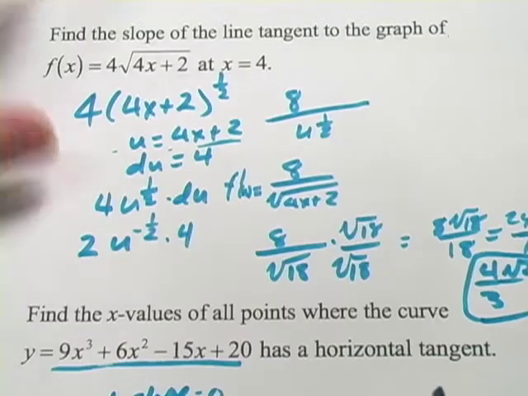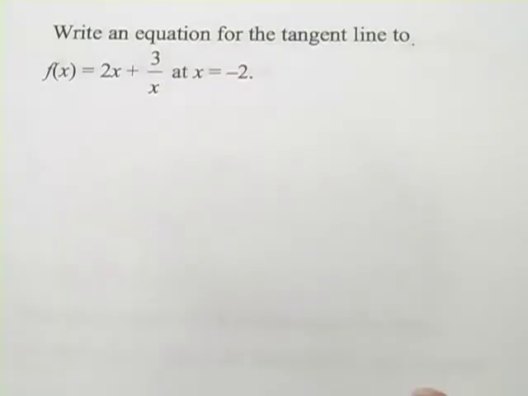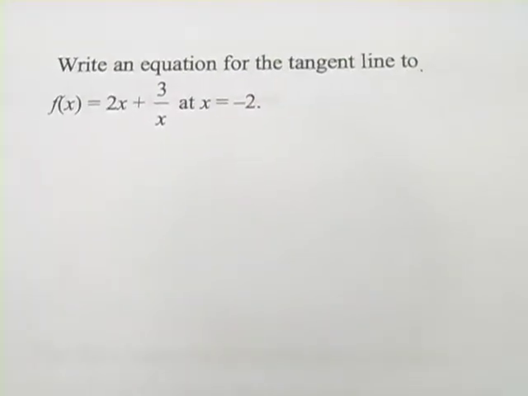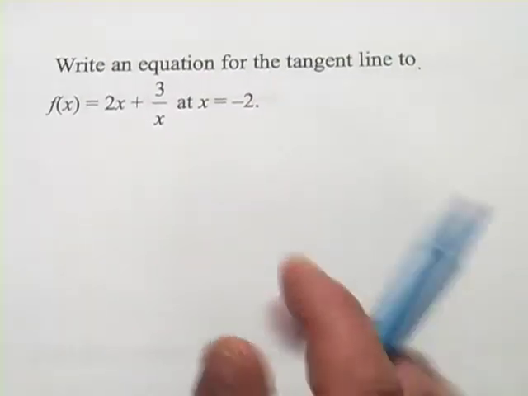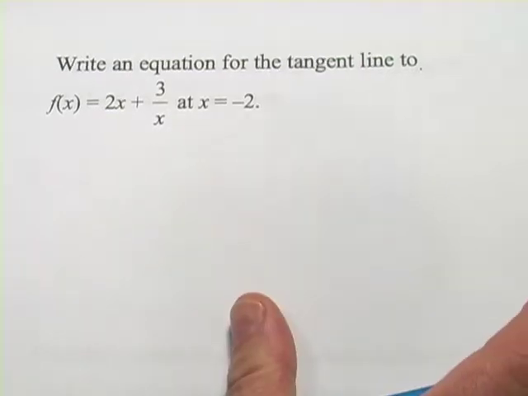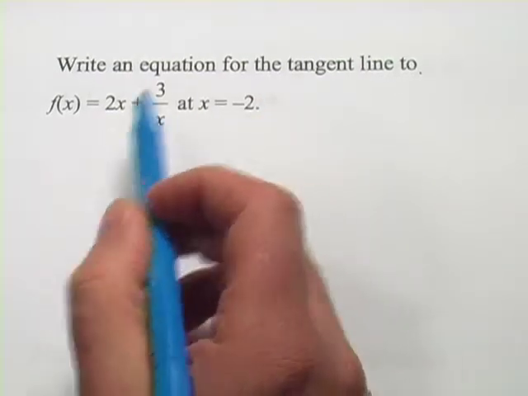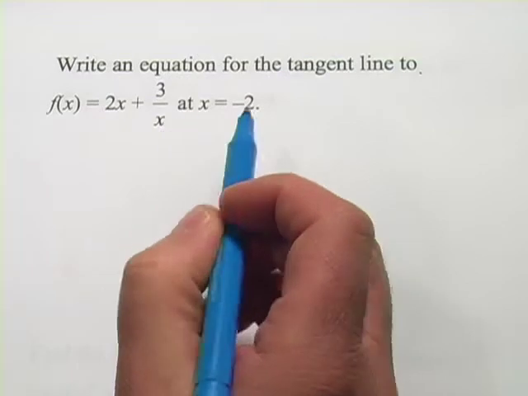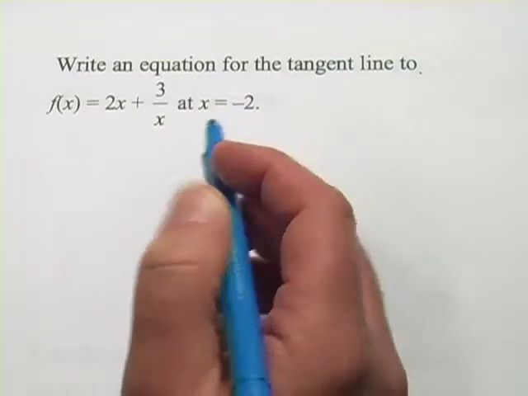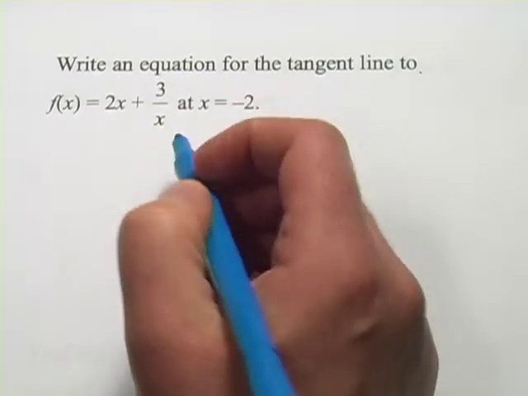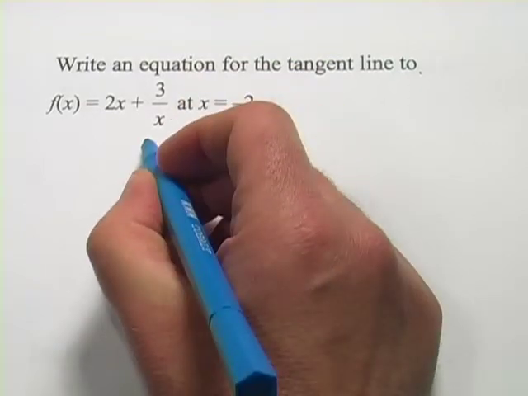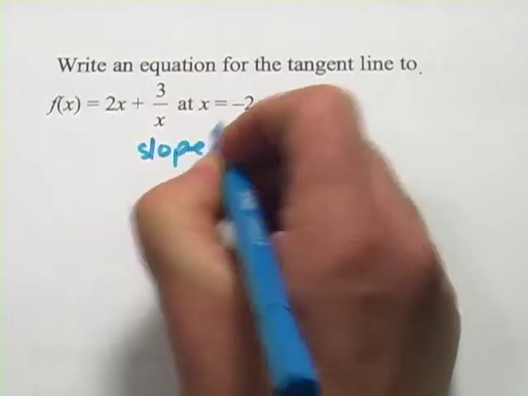Let's try one more. All right, this one's just slightly more involved. It asks us to write an equation for the tangent line to this graph, this function, at x equals -2. Now, to write an equation for a line, I think the best way to approach this is to use the slope point form,